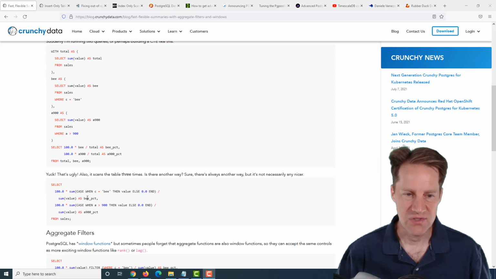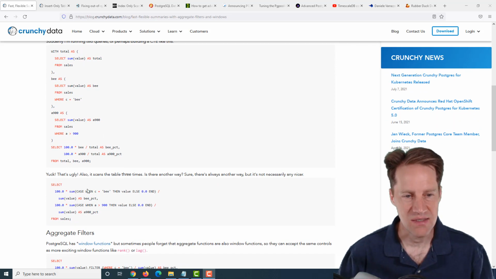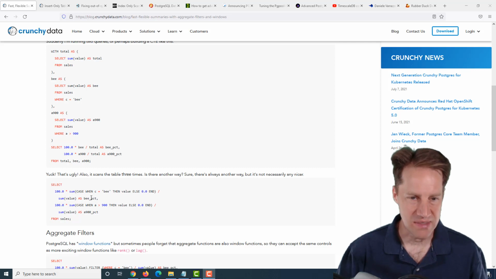The other way to do it, which I have tended to use in the past, is case statements. So you could say where this column is B, then show the value, otherwise do a 0, and you just sum it up. So that's a pretty simple way to think about it, and it can give you the answer